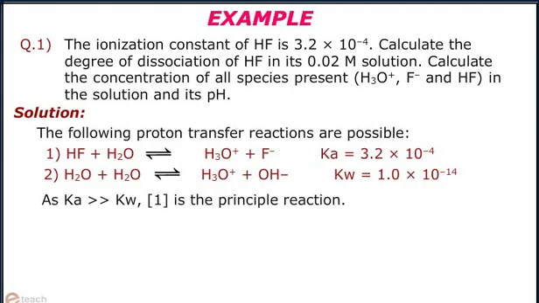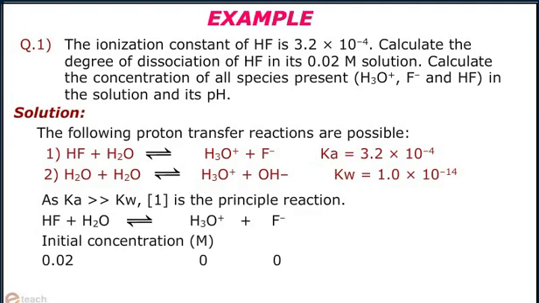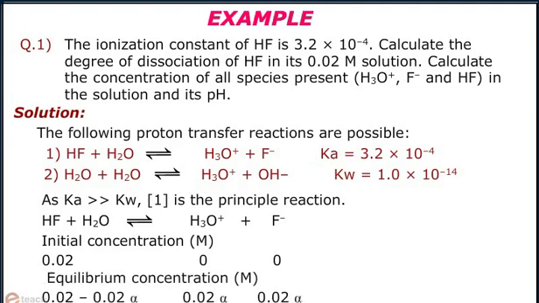So, the principal reaction is HF plus H2O reversible H3O+ plus F-. Initial concentration of HF is 0.02 and that of H3O+ and F- is 0. Let the equilibrium concentration of HF be 0.02 minus 0.02 alpha and that of H3O+ and F- be 0.02 alpha each. Substituting equilibrium concentrations in the equilibrium expression for the principal reaction gives Ka equals (0.02 alpha) squared